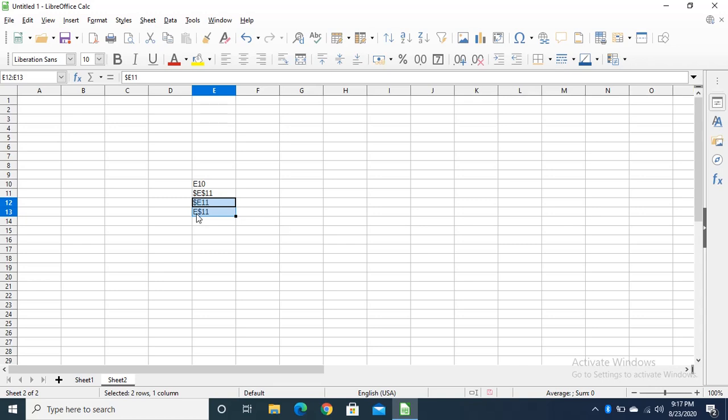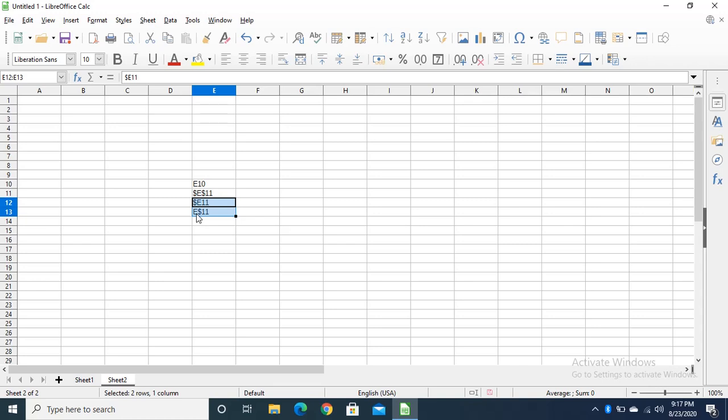In mixed, half of your address will change and half will remain the same. When the dollar sign is placed in front of the column letter, your column will be the same. If it is placed in front of the row number, your row number will be the same and the other one will change. Okay students.